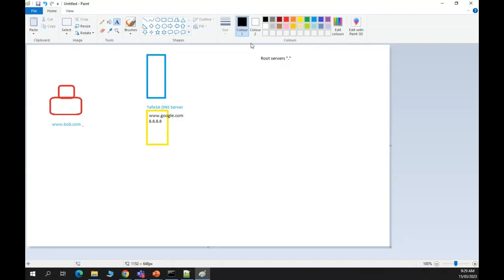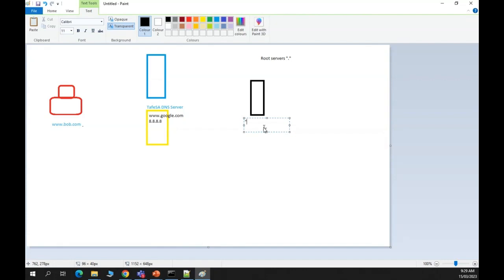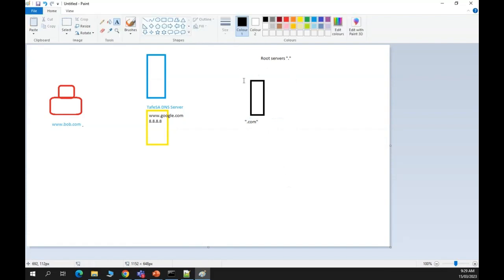And the root server will say, no, I do not know bob.com, but I do know the DNS server which is responsible for the top level domain .com. And here's its IP address. It gives that back to our DNS server. Our DNS server then will go, okay, I'll go to the .com top level domain DNS server now and ask, do you know